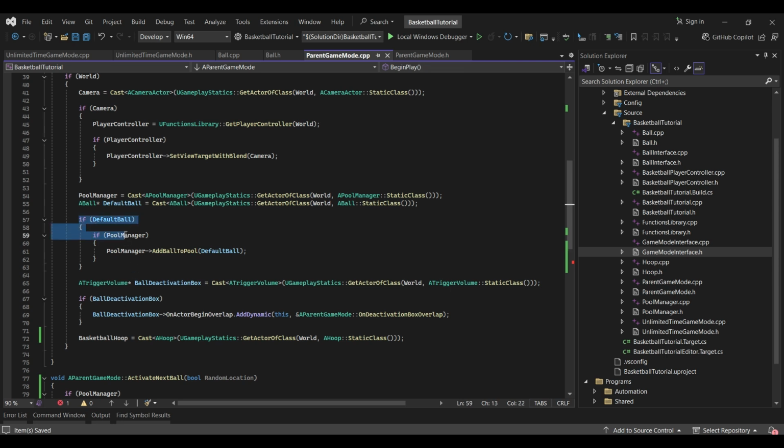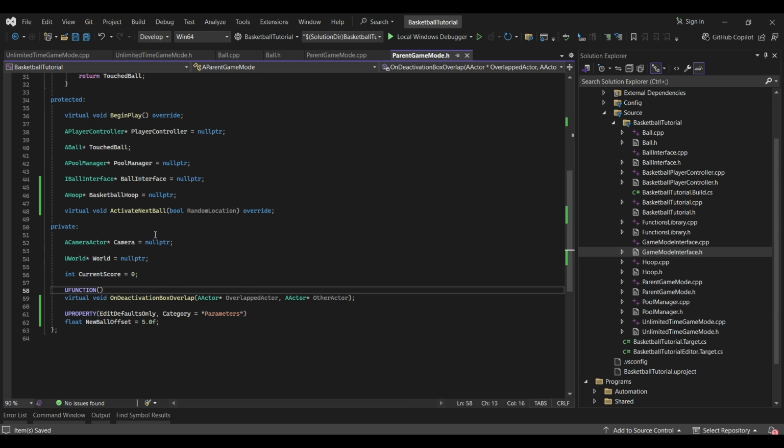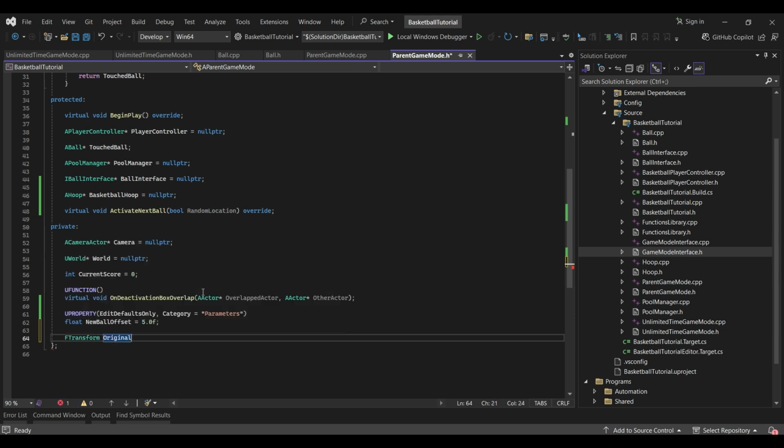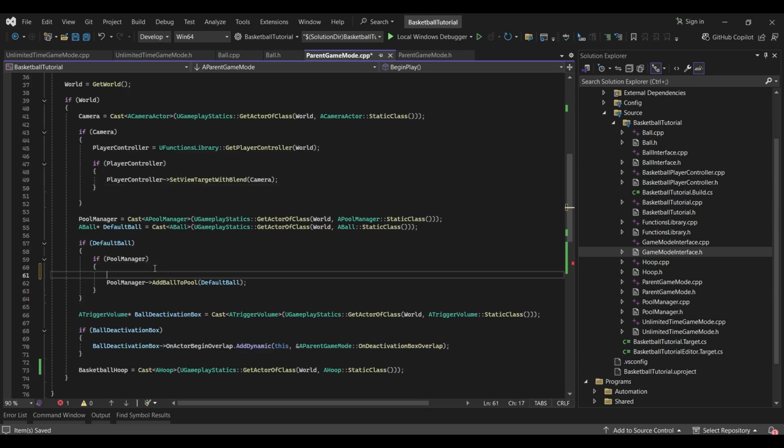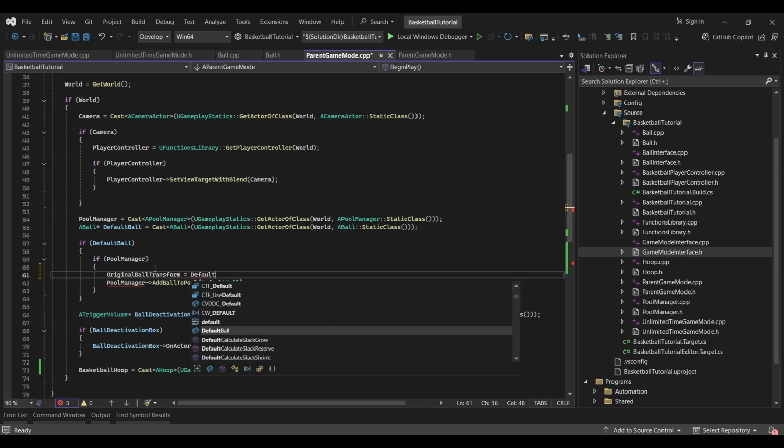When we got the default ball here, we need to actually cache the default transform of the ball, so you can use it here. So let's go to our game mode here, and in here let's create a f transform. Let's call it original ball transform. And here when you get it, so original ball transform is equal to default ball